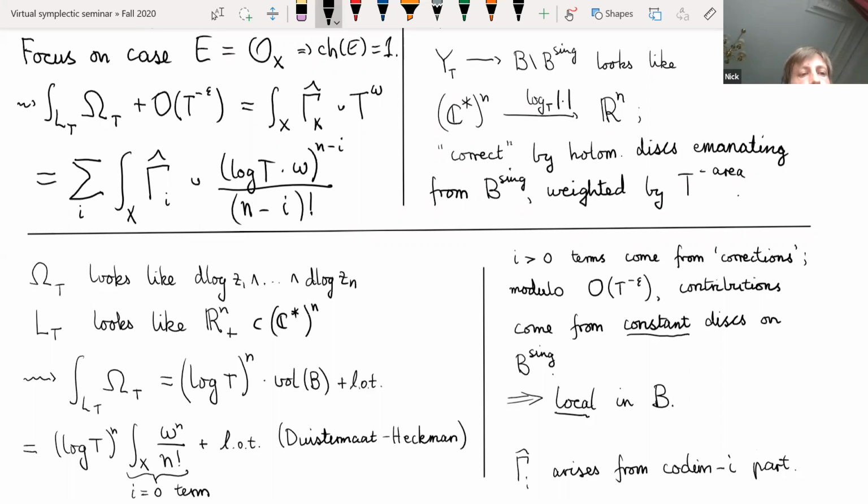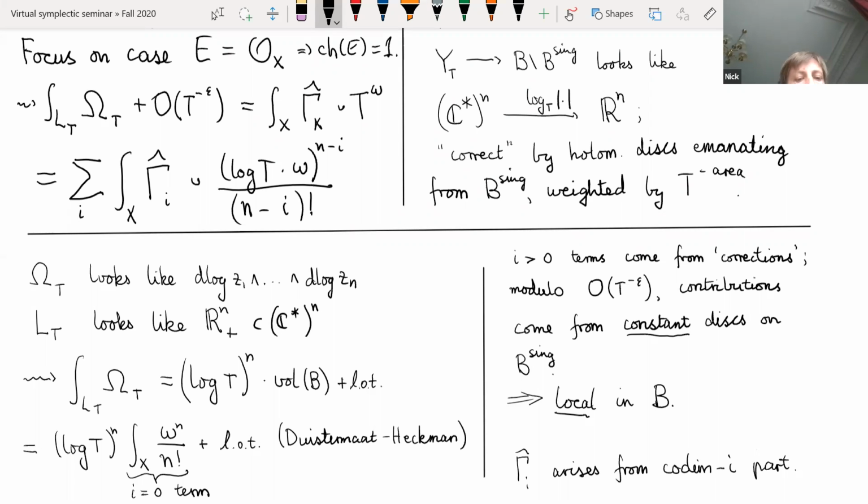So that means that our period integral, the left-hand side of the equation we're interested in up here, looks like log t to the n times the integral of just the affine volume form over B. All right, so that's the sort of uncorrected